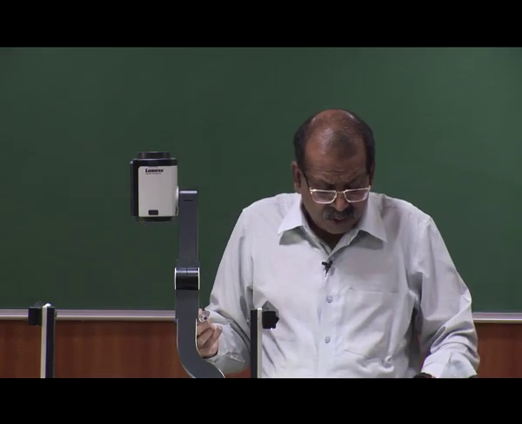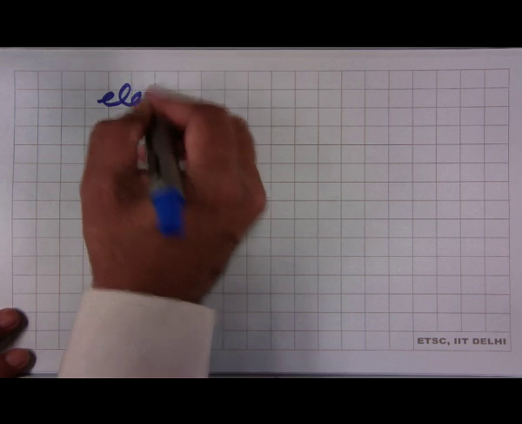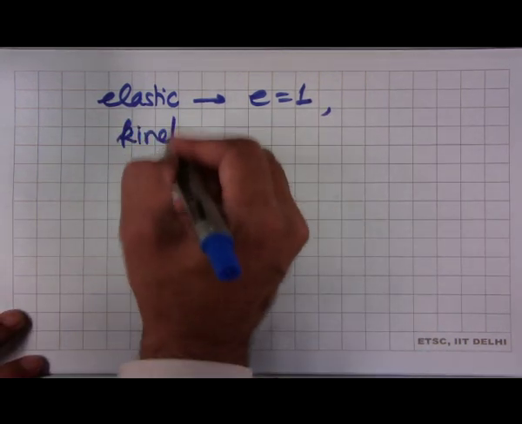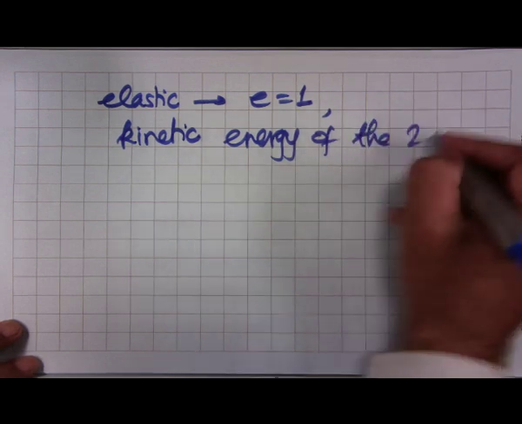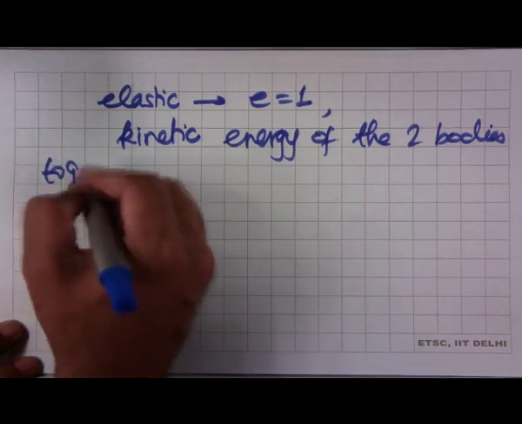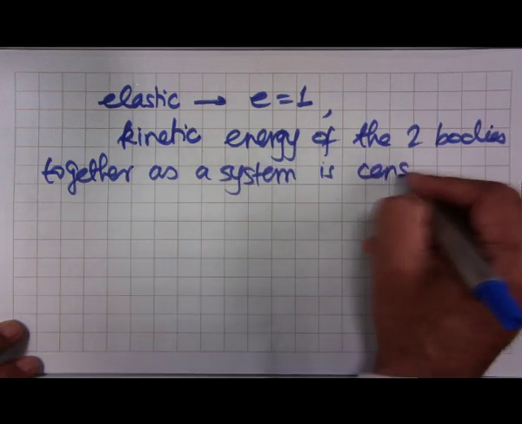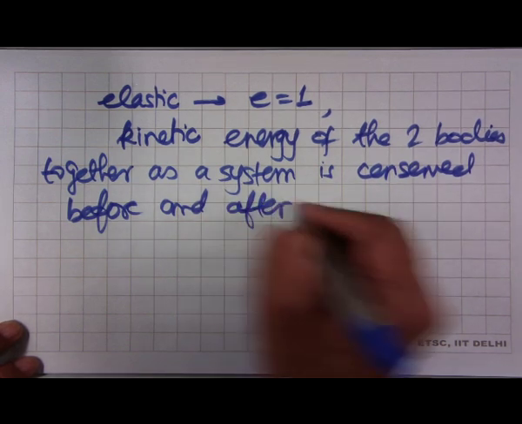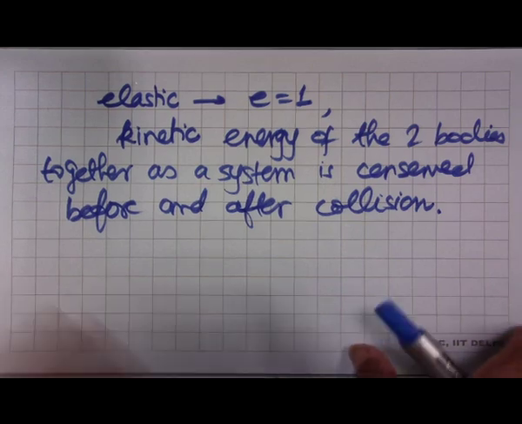So, let us try to explain this term E, but what you will also find is when we talk of elastic collisions, in an elastic collision which corresponds to E equal to 1, that is the same thing as saying that kinetic energy of the two bodies together as a system is conserved before and after collision. So, we will see the meaning and the mathematical implications of this,